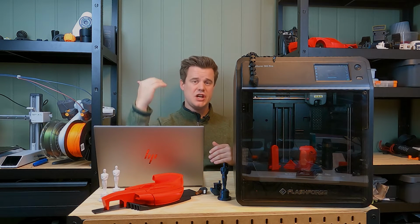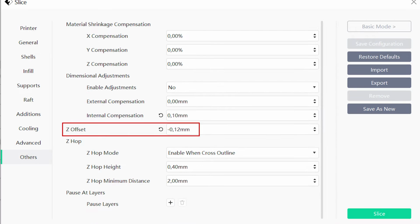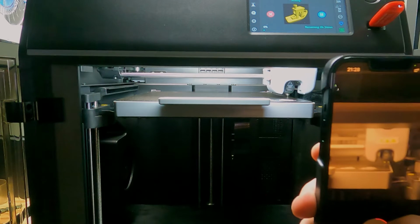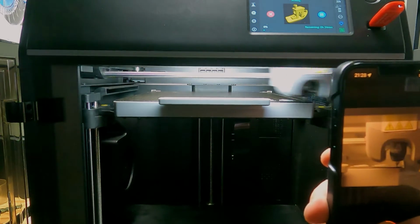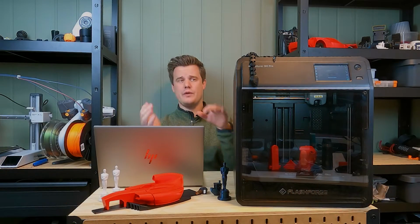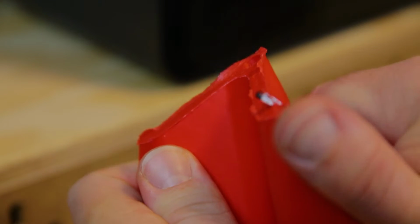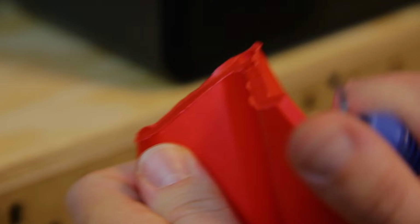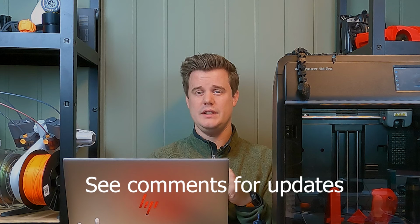So you can do these changes as well if you need to, but basically I had to lower the printing speed for the first 3 or so layers. I also reduced the Z offset for the first layer, so it's a bit smaller and prints a bit closer to the print bed. This may result in some elephant's foot, but for me that's worth it for the perfect adhesion it gives. And you can also remove the elephant's foot with this tool super easily. Link down below. This lack of auto leveling through Wi-Fi is probably something very easily fixed in a firmware update,